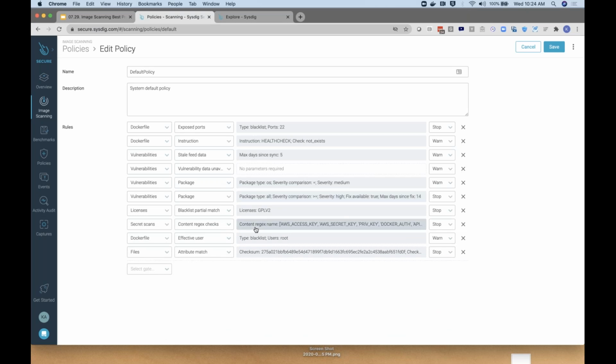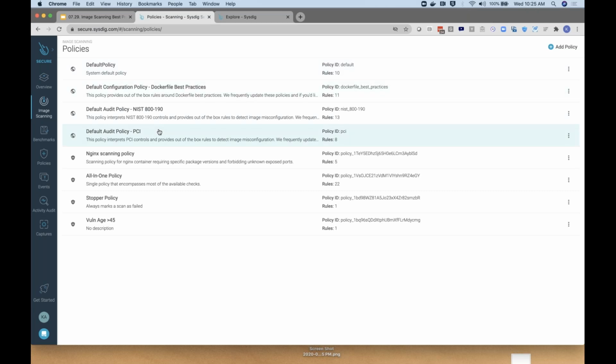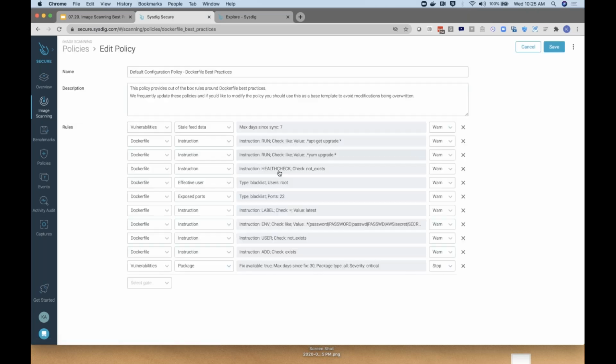You can also look for things like, are there embedded access keys or secrets? Is the effective user root? Or operational things like, has a health check been created for this specific image? Touching on some of the areas Pavan had talked about before, with the Dockerfile best practices, you can ensure that you're